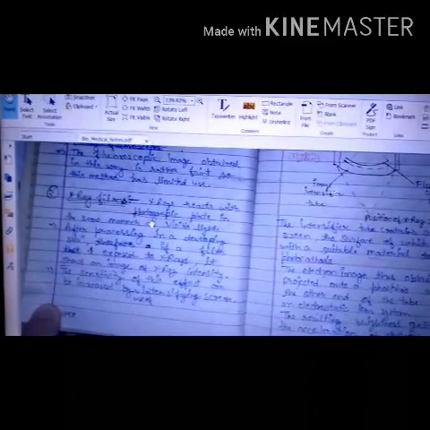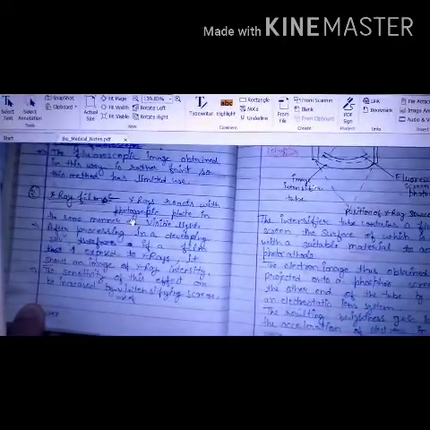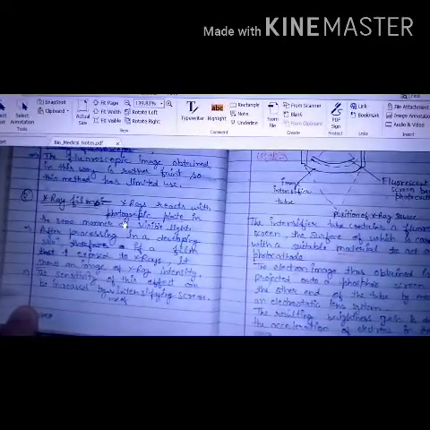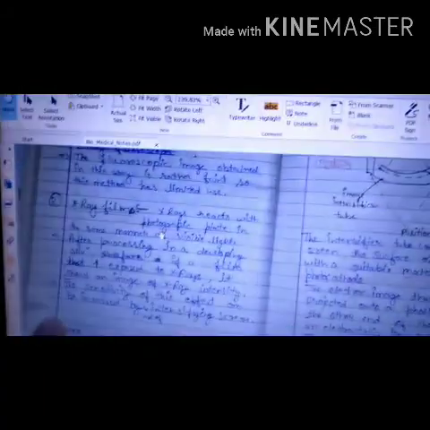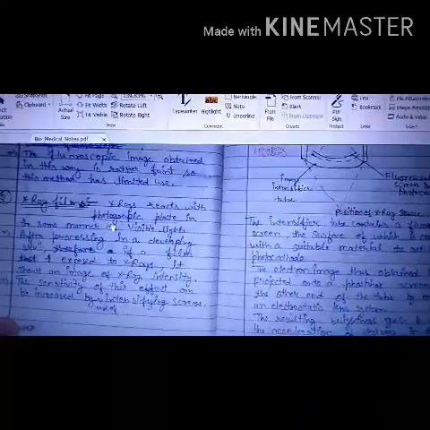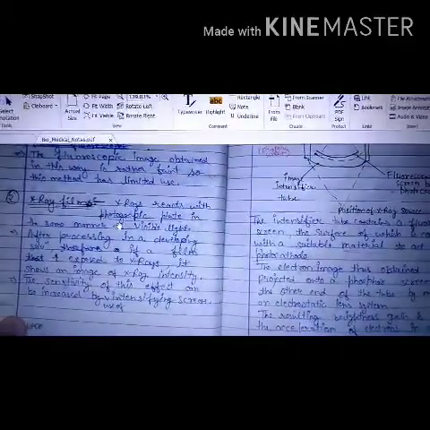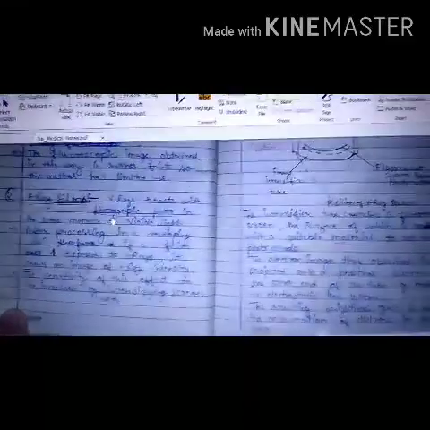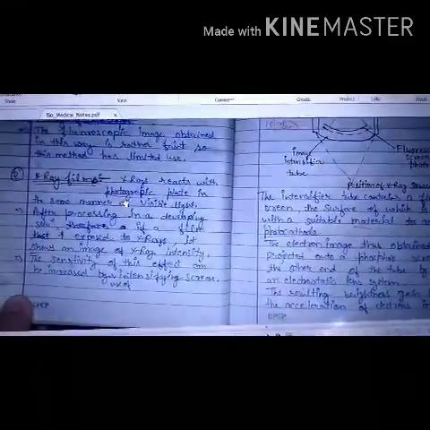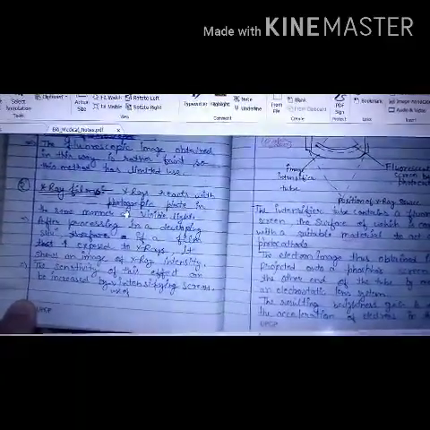Then come X-ray films. Obviously most of us have seen X-ray films, and it is one of the most used applications of X-rays. X-rays react with a photographic plate in the same manner as visible light, so they also affect the photographic plate similar to visible light, and patterns can be generated with the help of this method. After processing in a developing solution, if the film is exposed to X-rays, it shows an image of the X-ray intensity, thereby giving a clearer image. In cases of fractures and so on, this technique has been utilized many times.